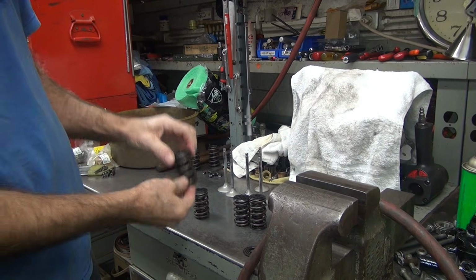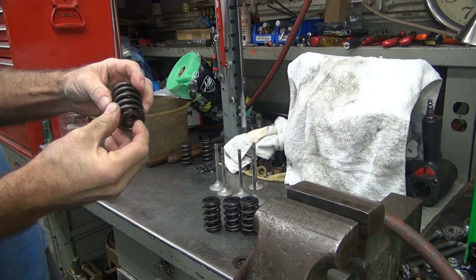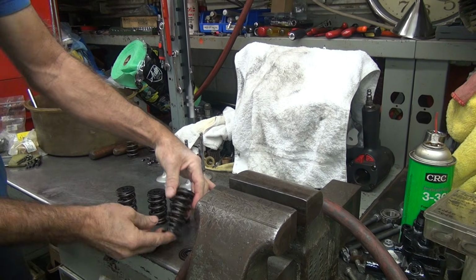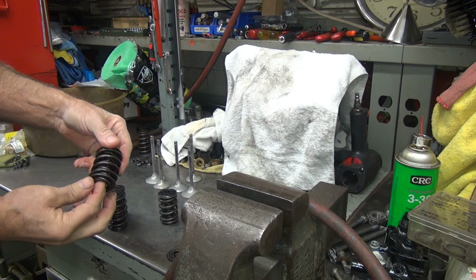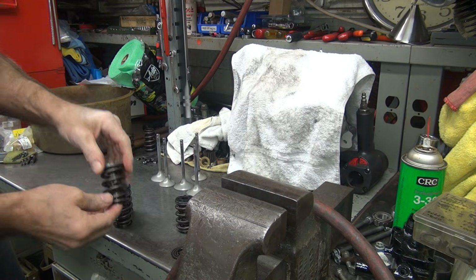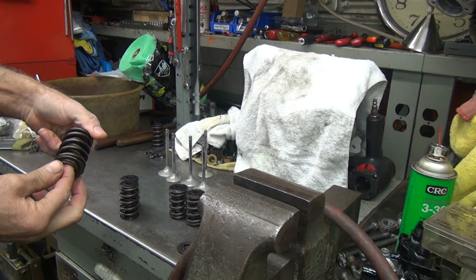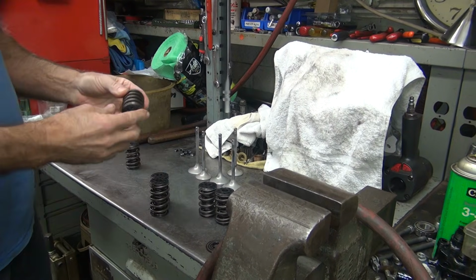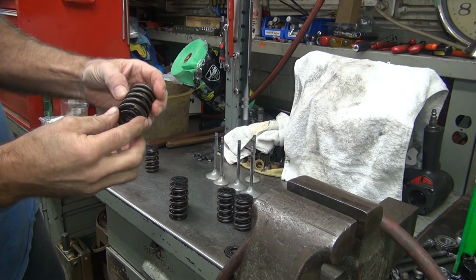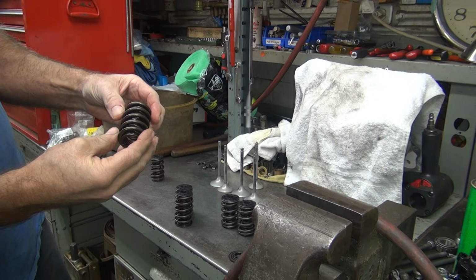These appear to be good. Falling out. So those have red stripe. That has red stripe. These have no red stripe on them. So these are not red stripe springs. So do we want red stripe springs or not? If we do, we got a set of springs over here. We can steal them. You think the poundage is different between the two? I don't know. Okay. We can test it though, no? Right now I'm seeing no